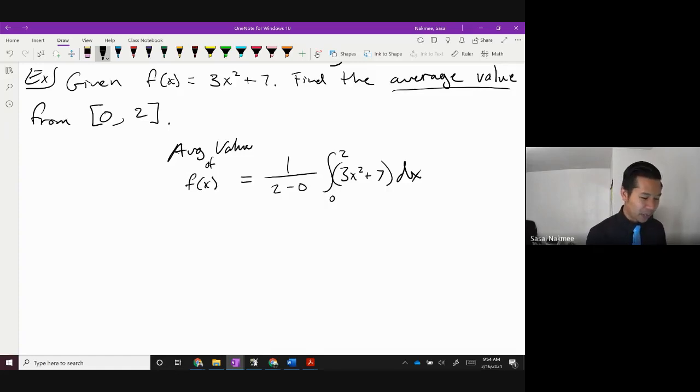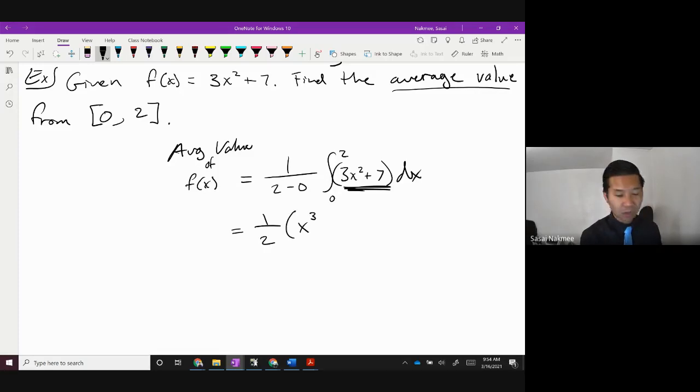Now, once you get to here, we practice this. If you're going to evaluate this thing, 1 over 2, the integral, remember the fundamental theorem of calculus is telling us to look for the antiderivative of this function in here. So the antiderivative of 3x squared, I'm hoping you can see, is just x cubed. And again, if you're having trouble seeing why 3x squared becomes x cubed,